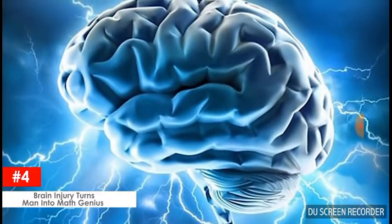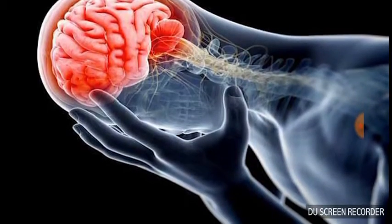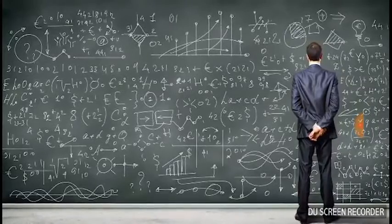Brain injury turns man into math genius. After being brutally attacked in 2002, Jason Paget now sees the world through a geometric lens. His devastating injury seems to have unlocked part of his brain that makes everything in his world appear to have